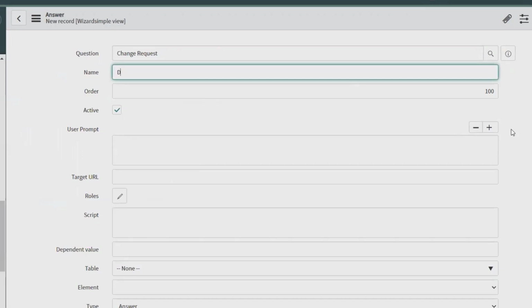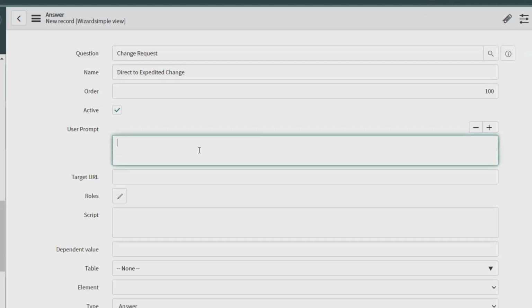You can provide the name field as direct to expedited change. Now the name is done. In the user prompt section, you can add the description like create new under change.